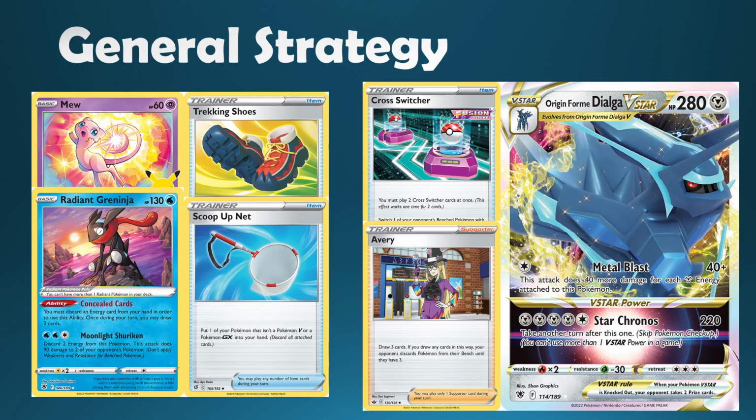We're trying to dig pretty deep with a lot of Concealed Cards usage from Greninja and all of these item cards to dig into the deck as quickly as possible, as well as Crobatting and using draw supporters. You can get pretty far in and have a ton of sources. This deck is obviously much stronger if you're the player going first. First of all, it means that Star Chronos can knock out V Pokemon before they evolve into higher hit point V-Stars,